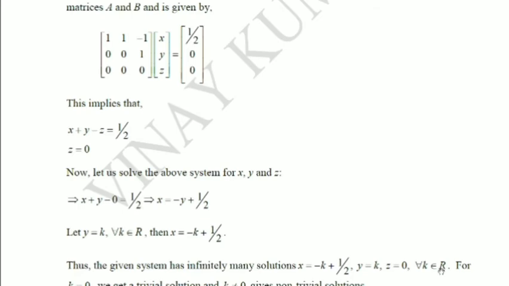There are infinitely many real numbers, and you can give all of them to k so that you will get infinitely many x, y, and z is always 0. So that gives you infinitely many solutions of the given system of equations. In particular, if k is 0, then x equal to half, y equal to 0, z equal to 0. That is one set of solution, which is called the trivial solution. And all other solutions for different values of k are called non-trivial solutions.